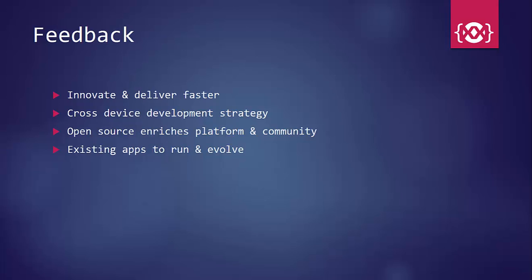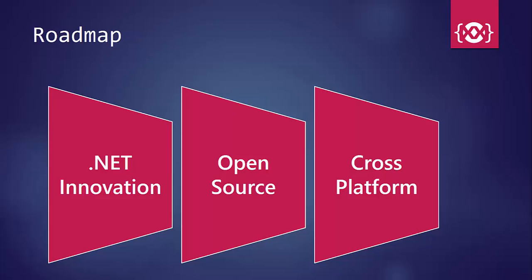So there is a need for a framework that will allow us to support existing apps, but also be robust enough to enrich existing solutions to be upgradable for the future. With that in mind, Microsoft created a roadmap with three common themes. Number one being the .NET innovation. They literally went and modernized every layer of the platform to bring it forward, being the compilers, base class libraries, app models, runtimes, and tools and languages.